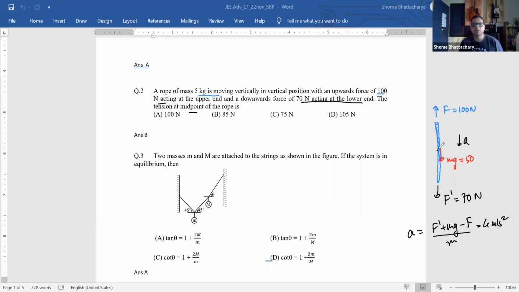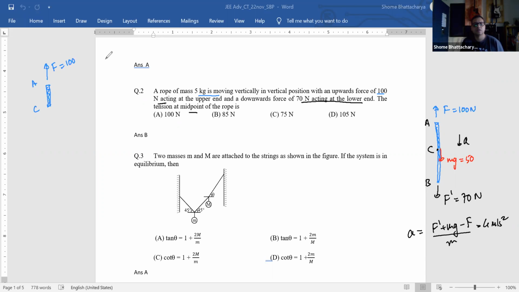So if this is the midpoint of the rope, and this is the top point and this is the bottom point, to find the tension at the midpoint, what you do is you make the FBD of either the top half or the lower half. So I am making the FBD of the top half to begin with. So if this is AC, in this you can see you are applying this force of 100 newtons